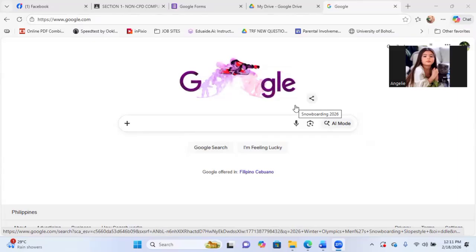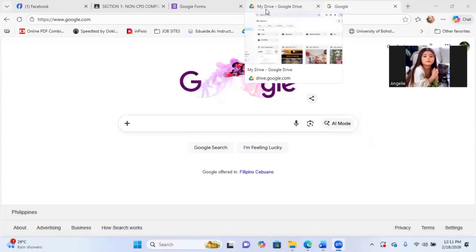If you're looking for ways to organize your work, collect data, and share files efficiently, you're in the right place. Today, I'll show you how to use Google Forms to gather information and Google Drive to store and share your files seamlessly. These tools are perfect for teachers, students, and professionals who want to stay organized and collaborate efficiently.